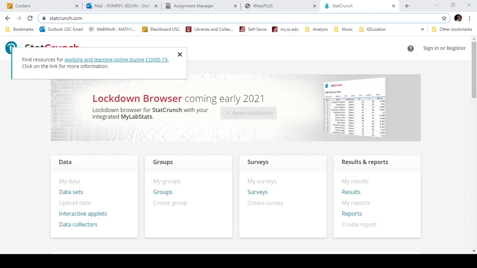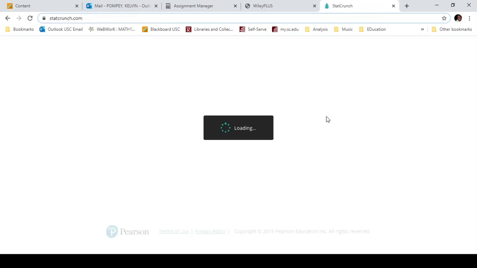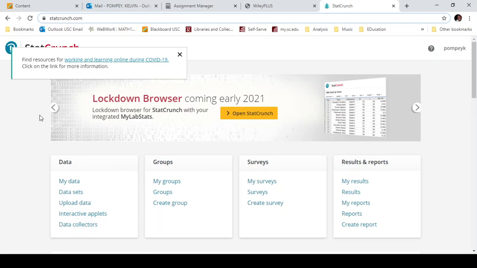In this video, I'm going to give you a few more details about how to navigate StatCrunch. If I go to sign in at the top right corner, I'm going to use the same username and password that I would use to log into my StatLab. Once I get in there, what we're going to do in this lab specifically is